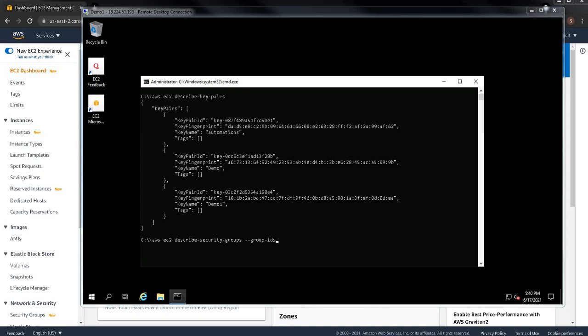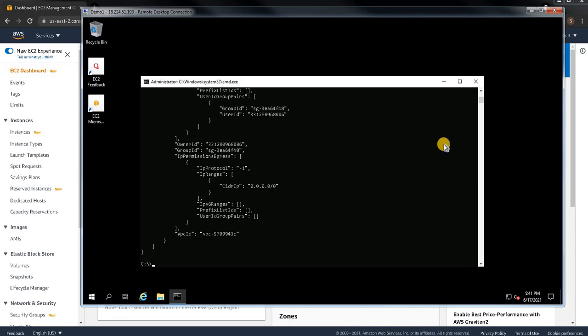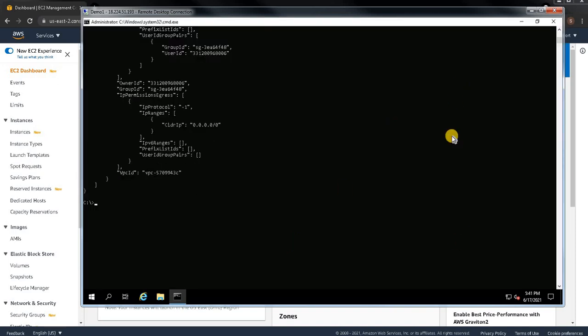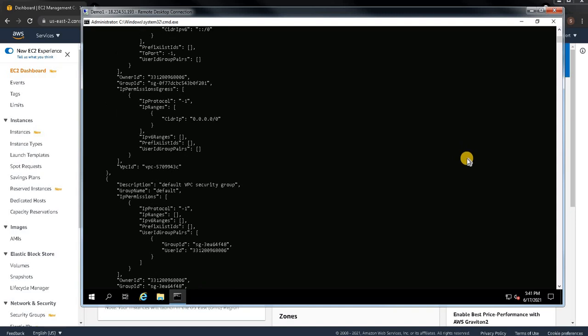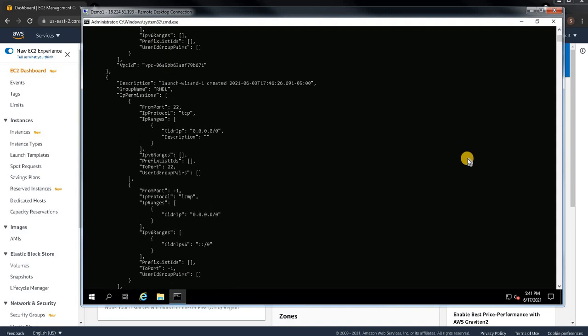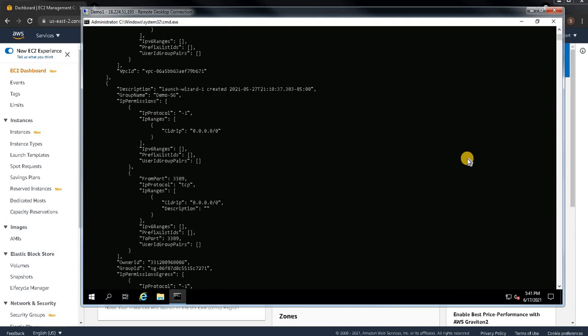If you just want to see the security groups, type it like this and click enter. You can see here. Sorry, now it is a big screen. Let me show you how it looks.